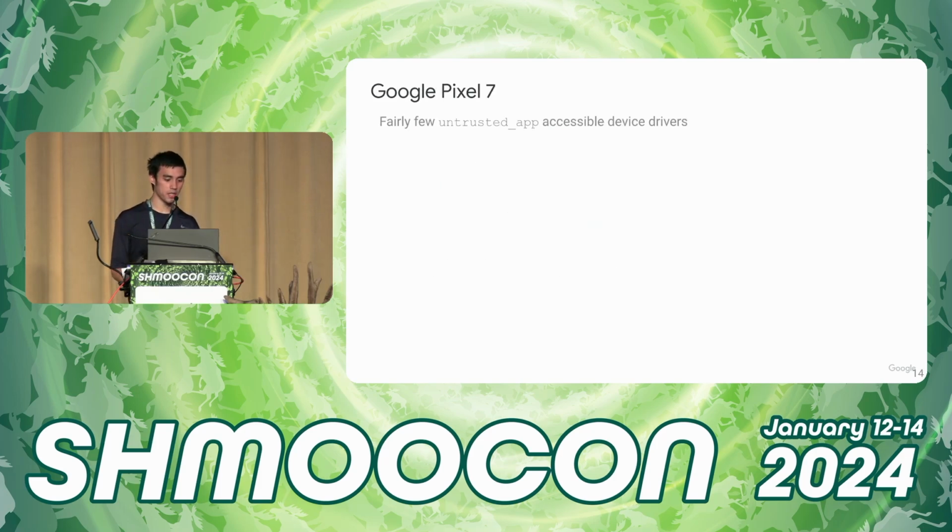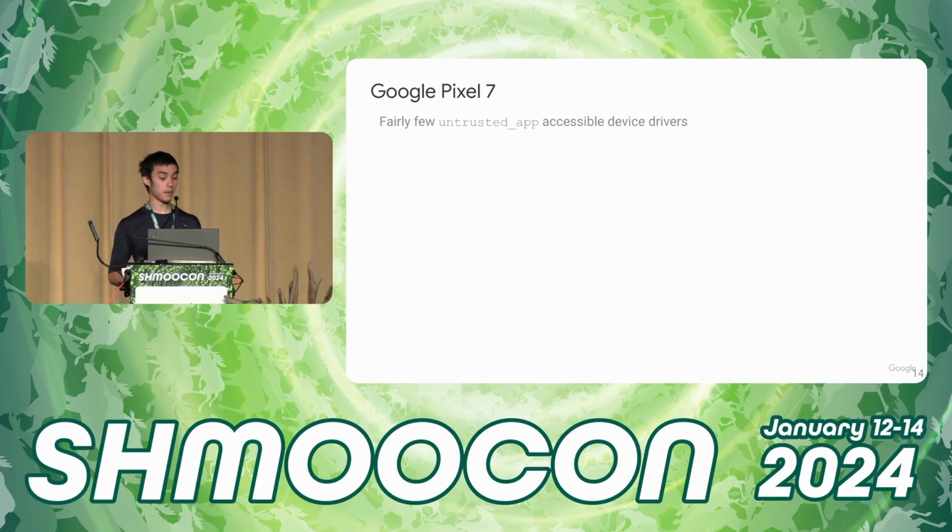Looking at the Google Pixel 7, I found fairly few accessible device drivers from the untrusted_app SELinux context. For the record, untrusted_app is just the SELinux context that most, if not all, of the apps running on your phone are running under. So this is the context that particularly matters.